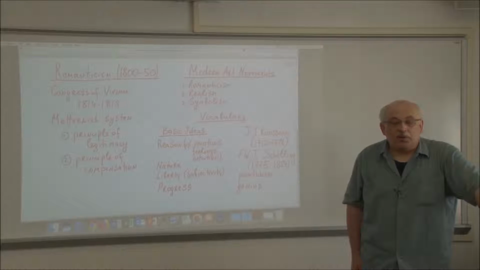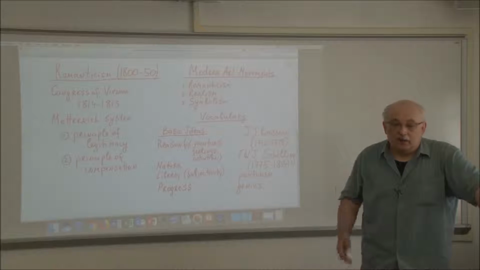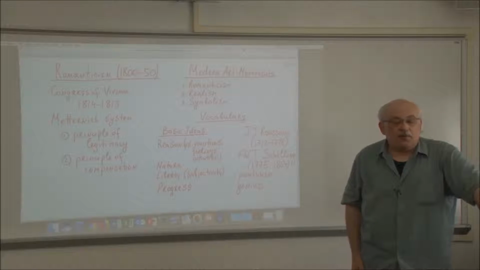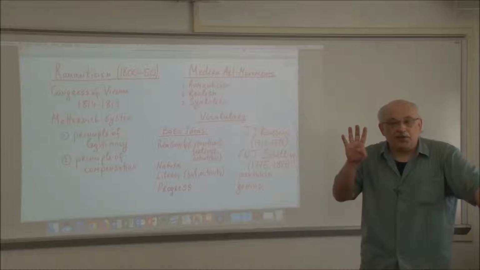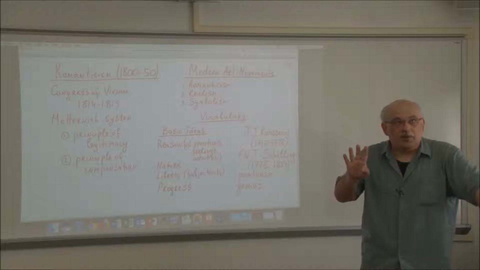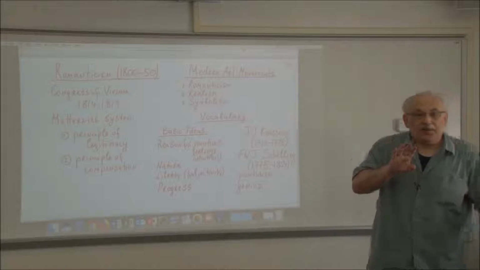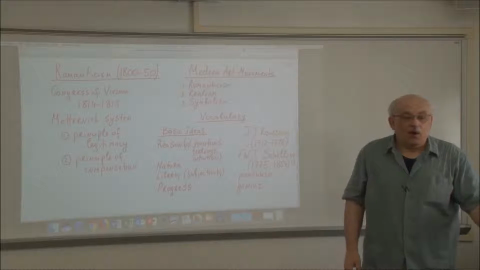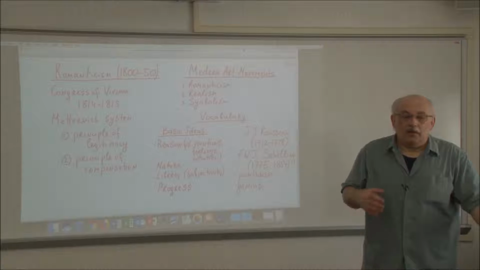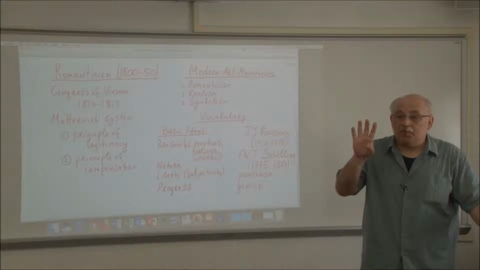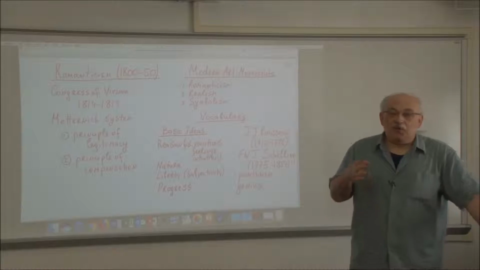Now let's talk about Romanticism as a movement. And we will compare the principles of Romanticism with the principles of the Enlightenment. And we'll take the same four major ideas: reason, nature, liberty, and progress. And we will see how Romanticism is different from the Enlightenment in discussing those four major principles. So let's begin with reason.